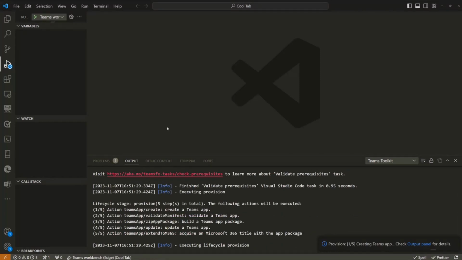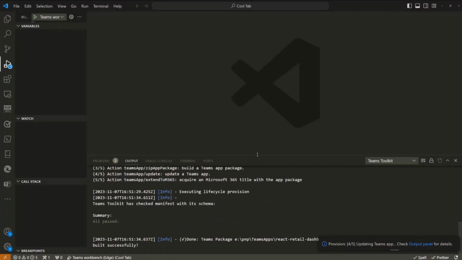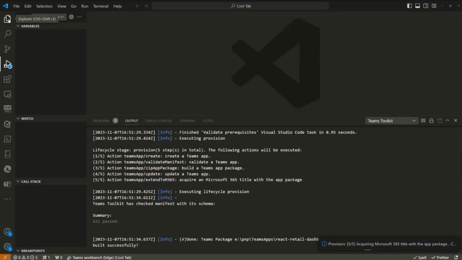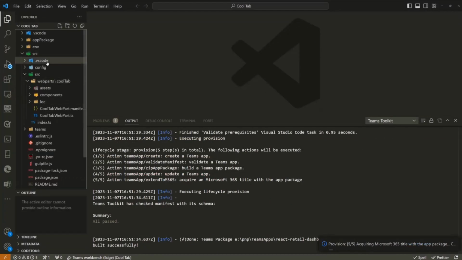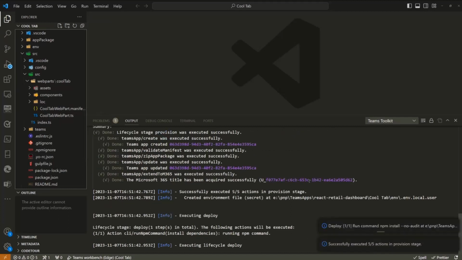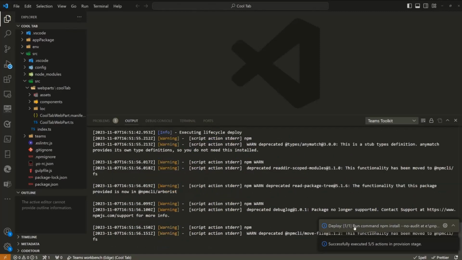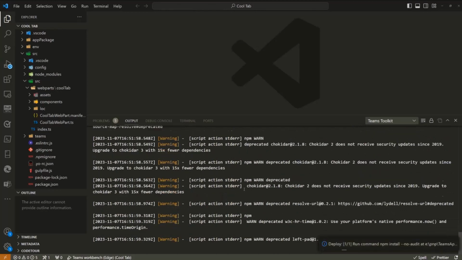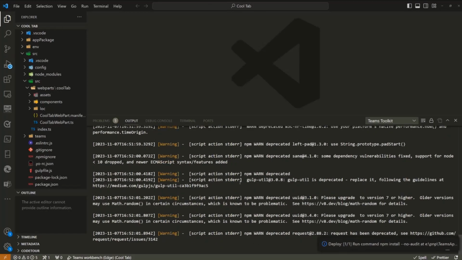Now, the only thing we need to do is wait a bit, where we need to run npm install within the solution, because we don't currently have all of the packages downloaded. But what happens here is that we're running validation of the Teams Toolkit adjustments and settings directly in Visual Studio Code, making it super easy to confirm that everything is working. On the right side, we can see we're running the command npm install for the solution. This basically means that we're downloading all of the node module packages. And obviously that's a one-time thing. So next time when I'm starting debugging, I don't need to wait this much, as long as I have a local copy of the node modules on my computer.